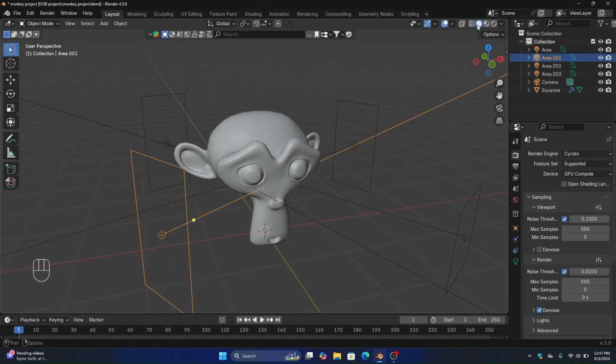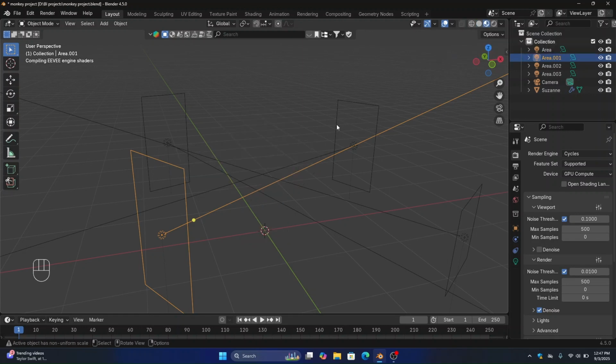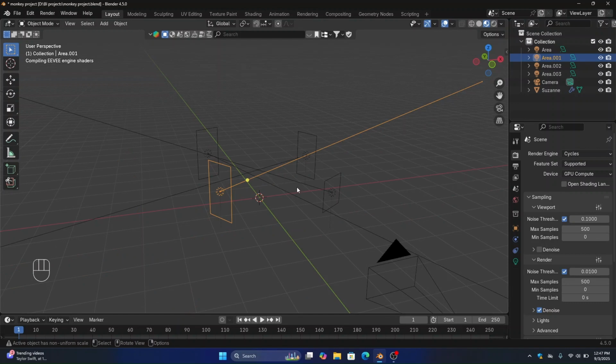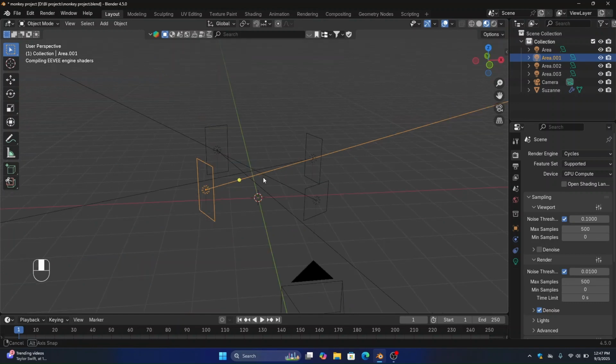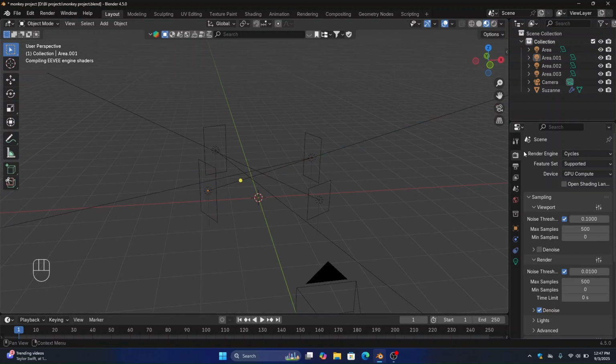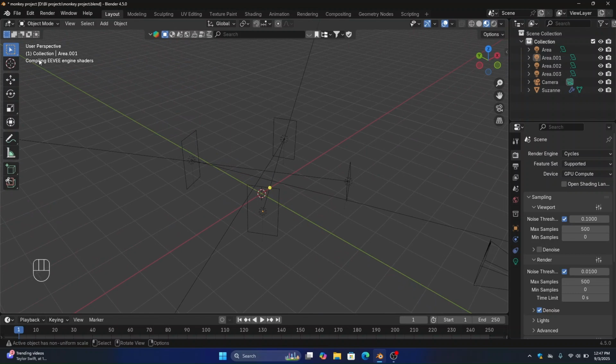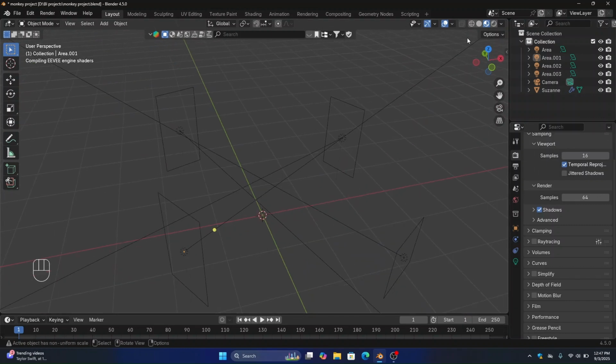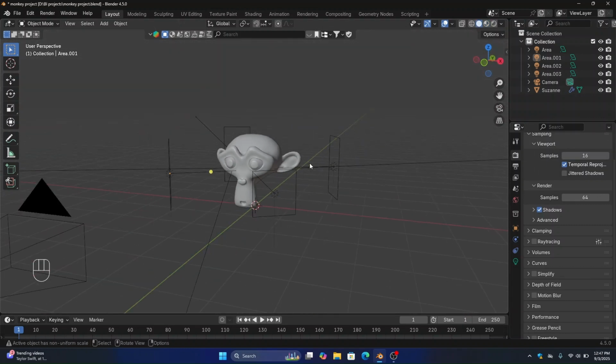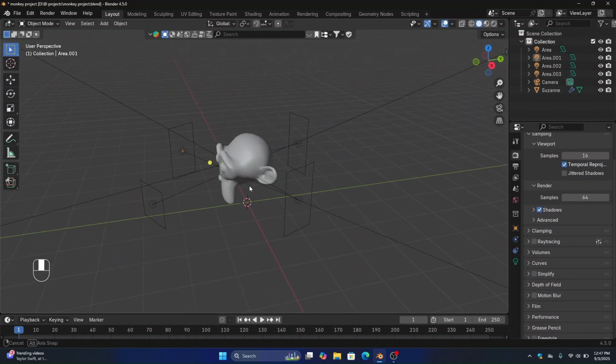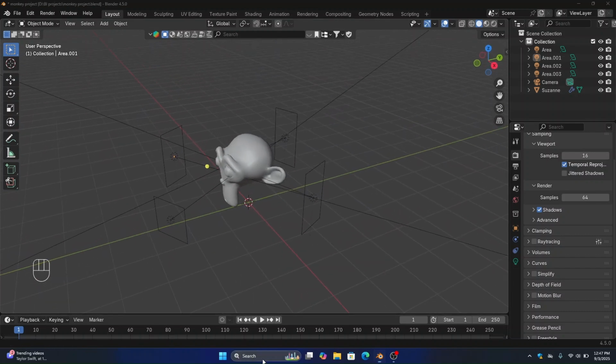By default, we are on the viewport, and if we want to go to the material preview for doing materials on our objects, then we can select this. So it will take a bit. There is a little bit of error compiling engine shaders, so I don't know what the problem is, but yeah. Now what we have to do is create a new blend file,